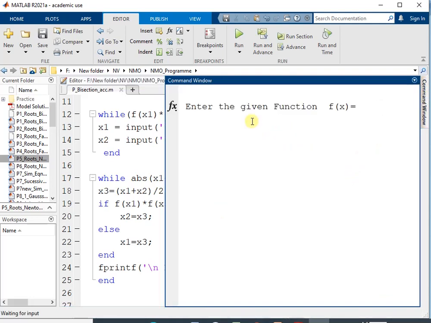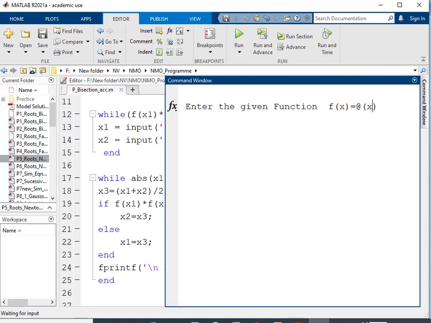Your program runs, and it asks you to enter the given function. So we are using the same function which we used to solve the numerical. To define the function when we are taking it as input from the user, always define it using the @ symbol and x in brackets, because the function contains the x variable. If it is a single variable, then you can use a single variable in brackets.